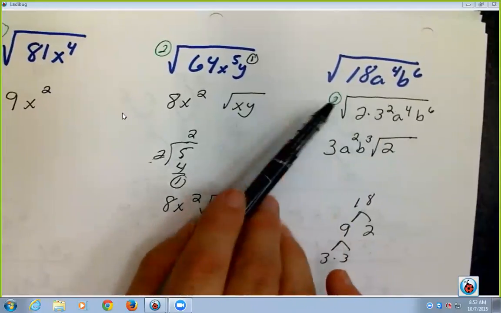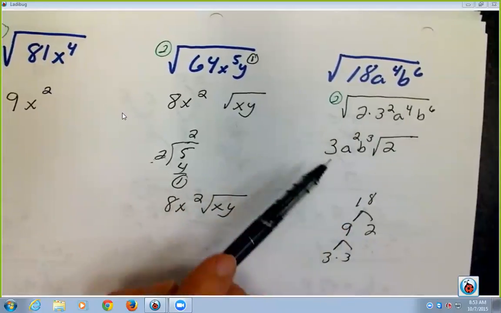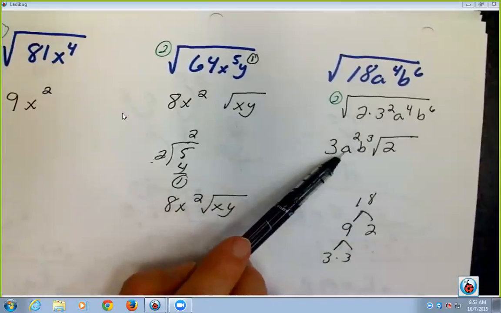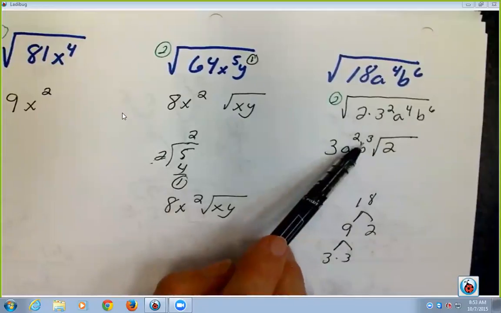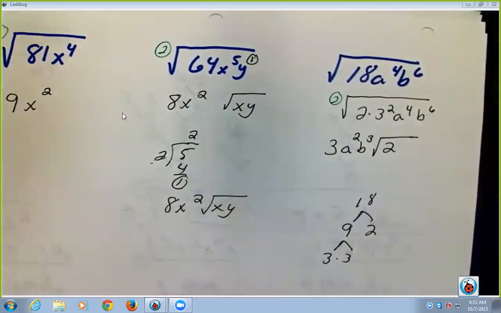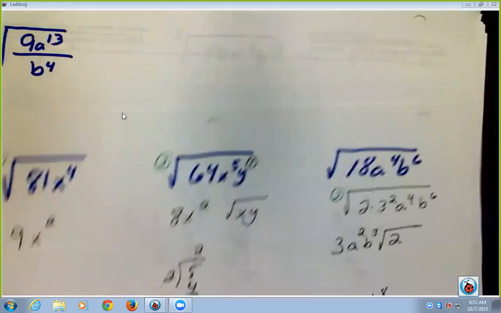A to the 4th, 2 goes into 4 twice. There's nothing left over, so I get a squared. 2 goes into 6, 3. Pull out a b to the 3rd power, and that becomes my answer. So as you do that, you pull out these different pieces to come up with what your answers would be. Okay. Last one is